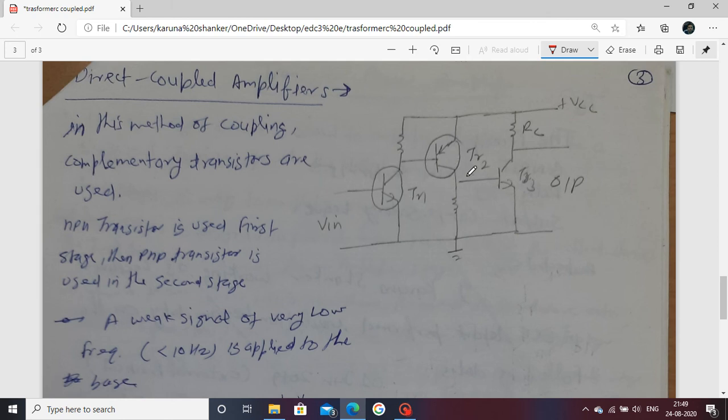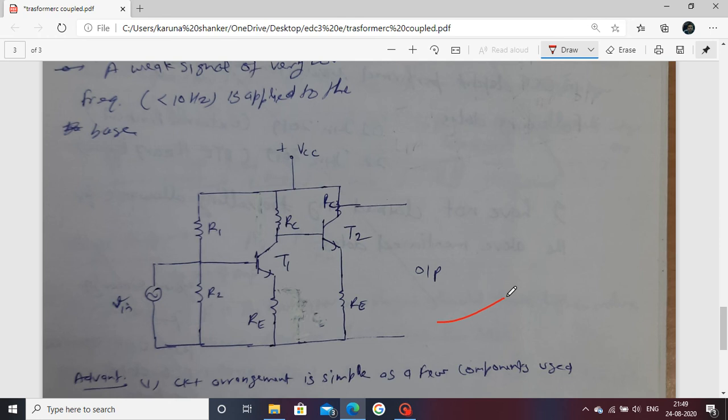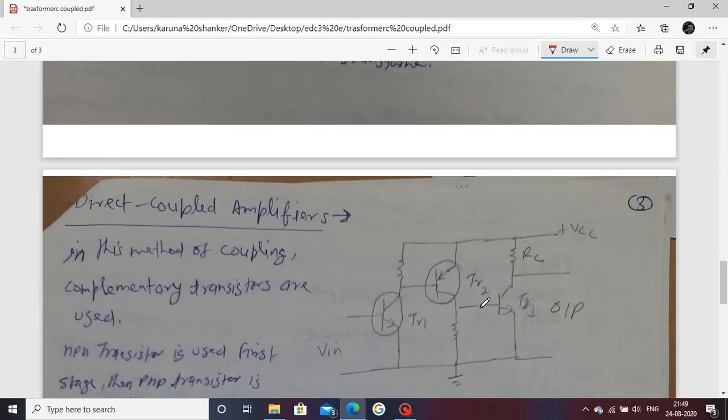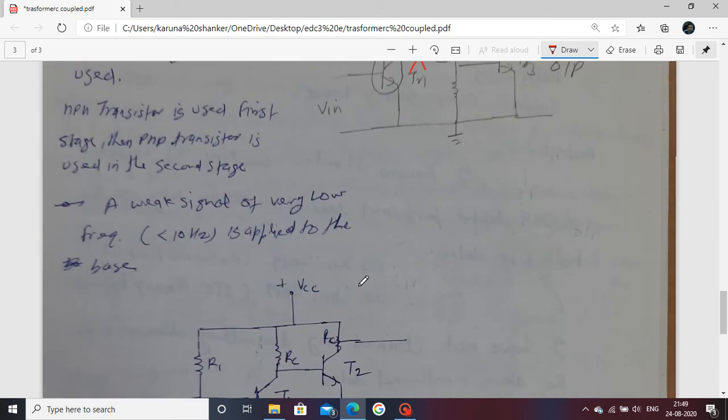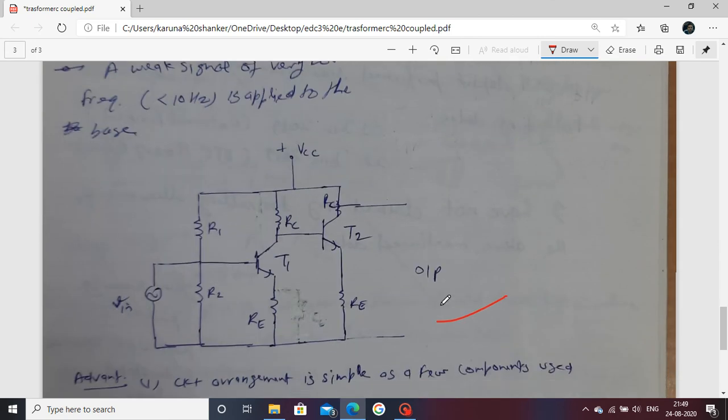You generally use this figure. This is a very easy figure. In this figure there are two types of transistors. This one is PNP, this one is NPN. Don't go for this, it is a very easy circuit. Here you see this is the common emitter. In a similar way to the transformer and RC coupled amplifier, you see here there is a direct coupling from transistor T1 to T2. There is no coupling capacitor or transformer. There is only a single wire connected to the base of the second transistor.